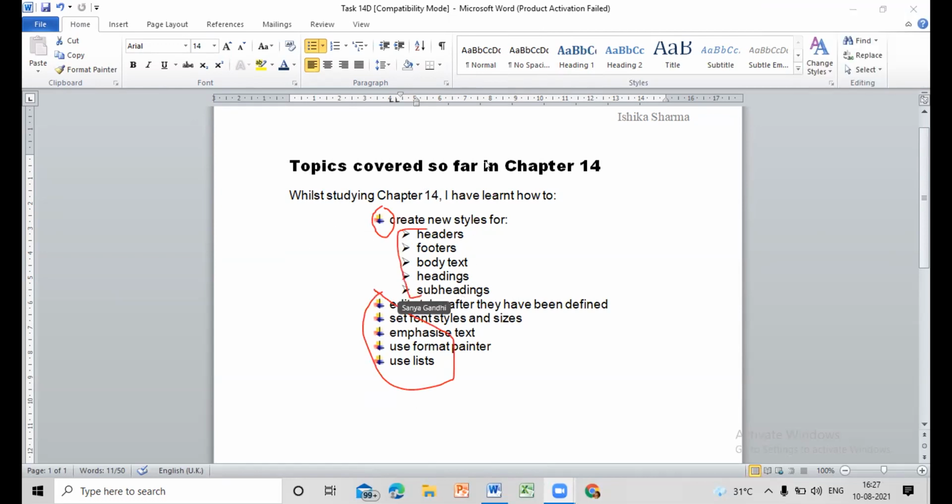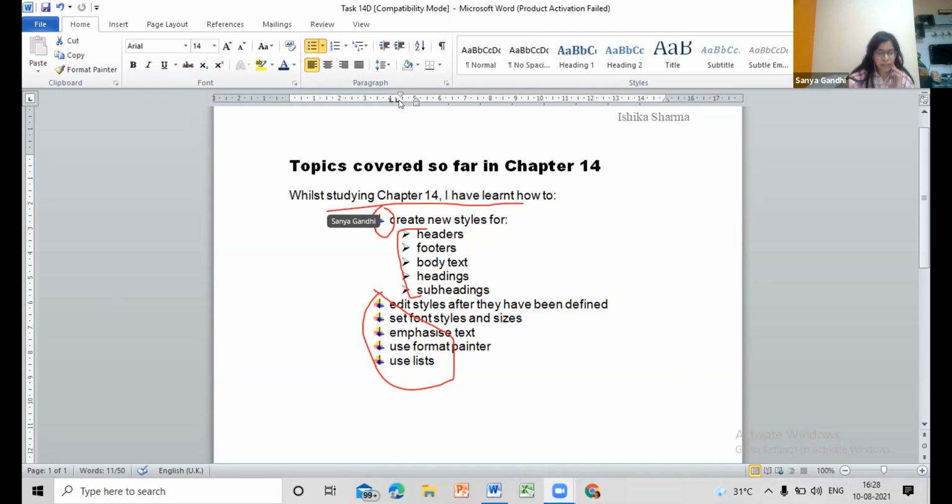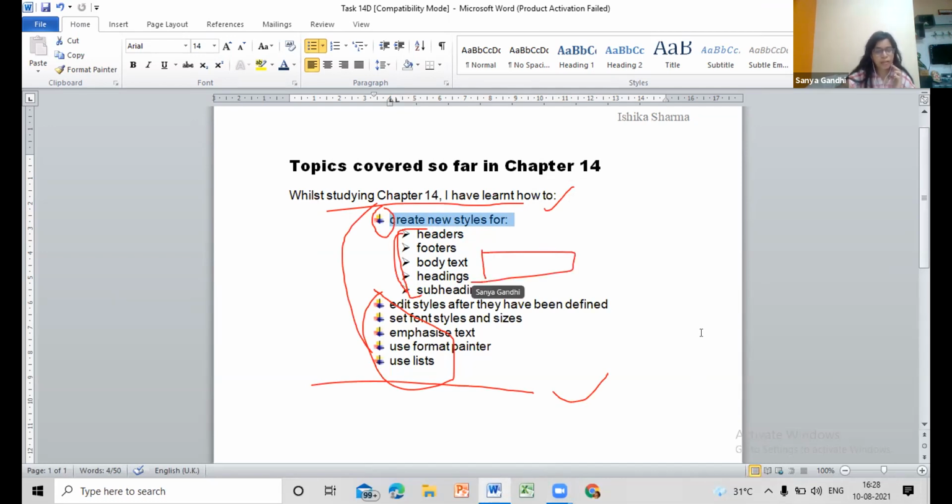So the subheading will also come under first level, right? Subheading, no. Our list starts from here. Bullets specify the list. This is the starting of our list. This is the ending of our list. This is our second level list, and this is our first level list. If we had added another sub list to this one, that would have made a third level list, and again a fourth level list.